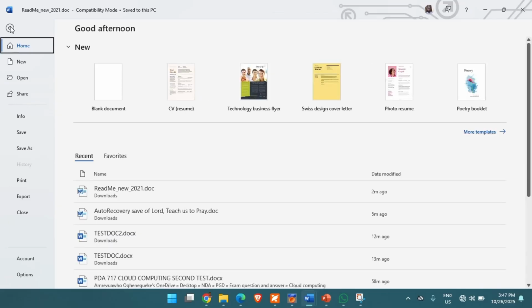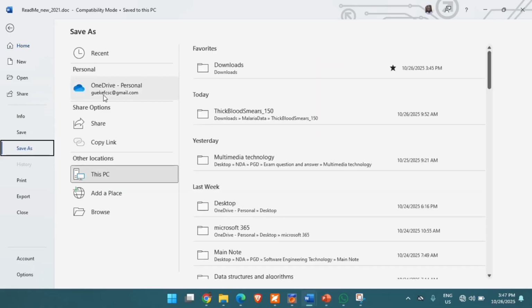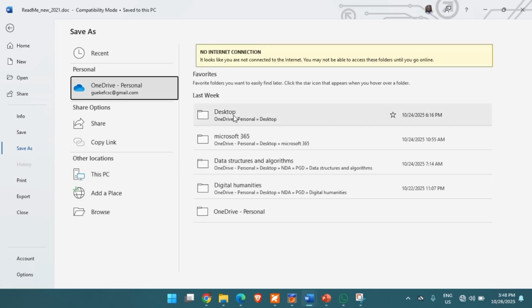Now, this is a document. I want to save it into OneDrive. What do I do? I click on the File tab to go to the backstage, and on the backstage, I will click on Save As. Then at the top here, you will see OneDrive as one of the possible locations where you can save your document. So I'll click on OneDrive, and these are possible locations in OneDrive I can save the